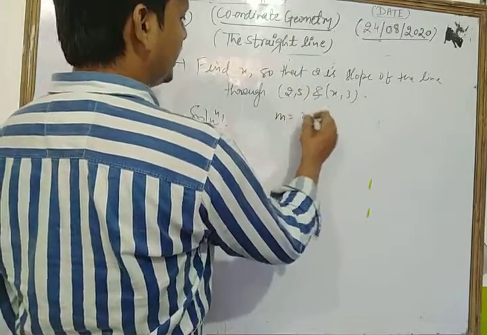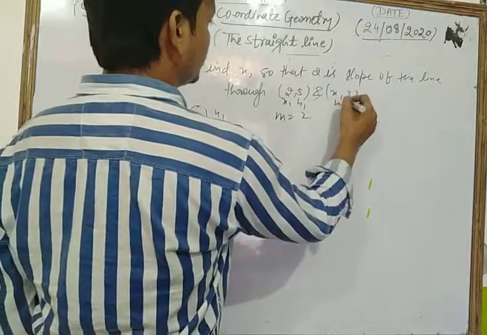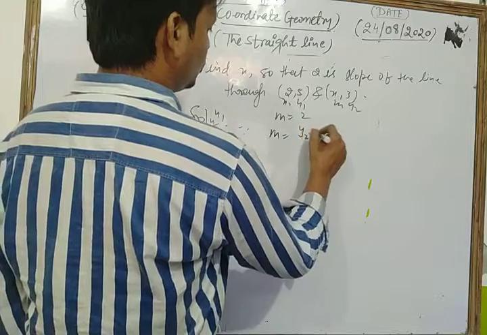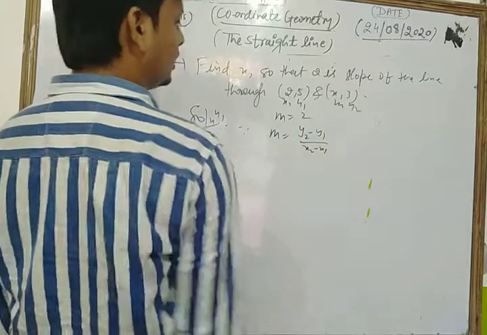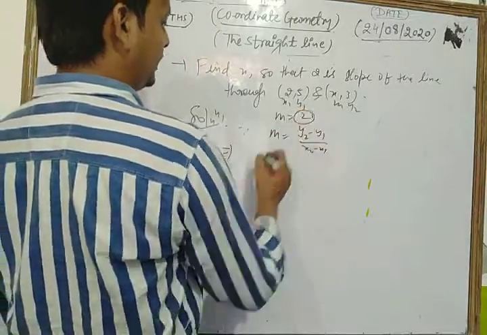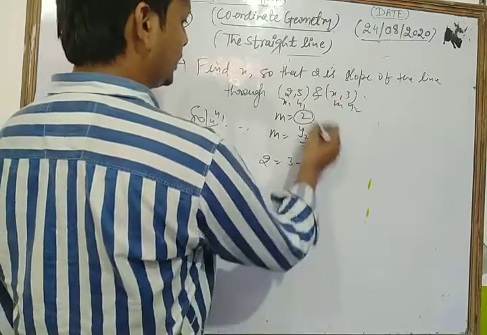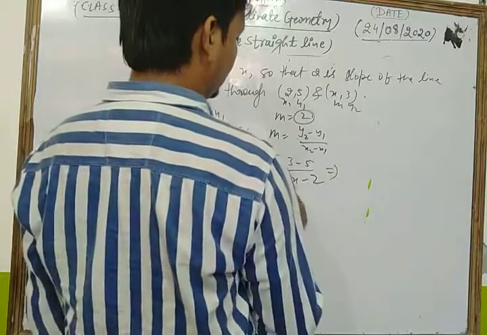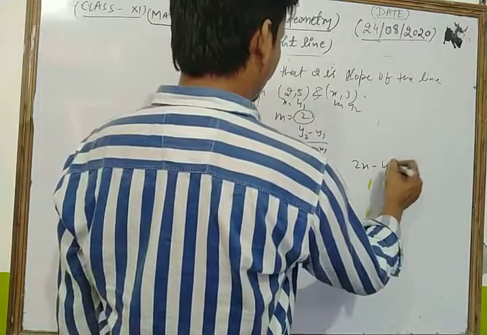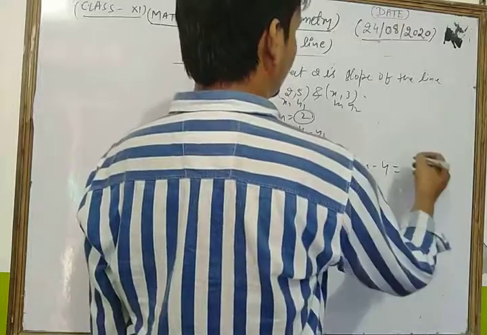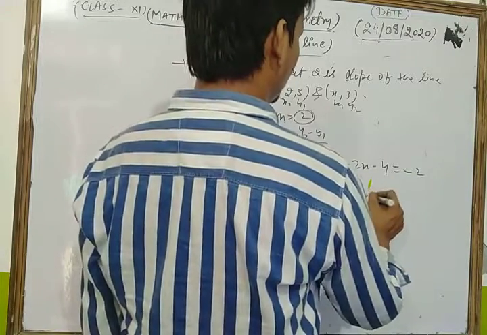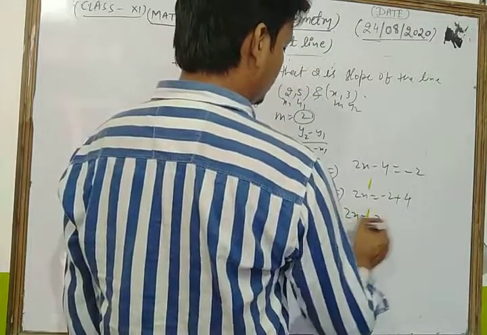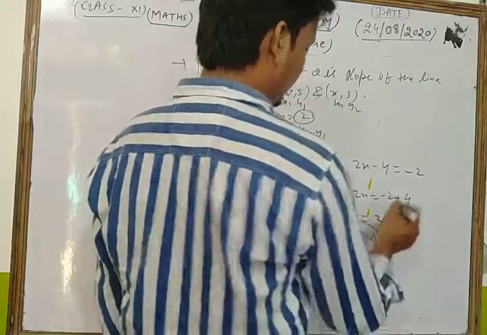Dear student, in this type of question, let's see its solution. Here m is given as 2, and these are x1 y1 and x2 y2. Since we know that m is equal to (y2 minus y1) upon (x2 minus x1), here we put the value of slope as 2, y2 is 3, minus y1 is 5, upon x2 is x and x1 is 2. After solving that, we have 2x minus 4 is equal to 3 minus 5, which is minus 2. So we have 2x is equal to minus 2 plus 4. So we get 2x is equal to 2. So the value of x is equal to 1.